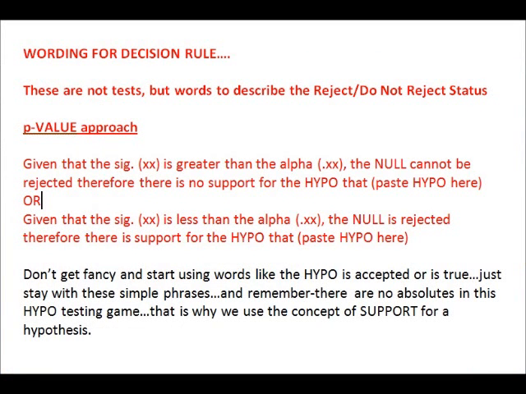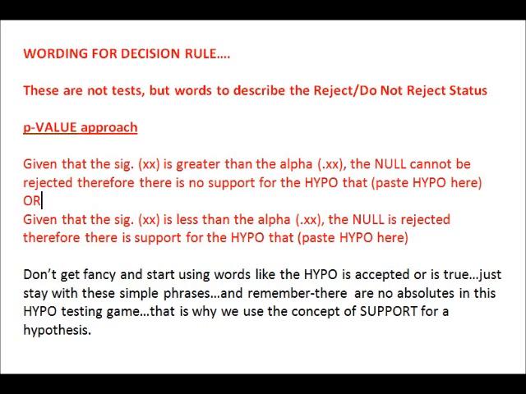The easiest part of hypothesis testing is actually the decision wording. Keep in mind that these aren't tests. These are literally the words to describe whether you're rejecting or not rejecting your null hypothesis. You already have your SPSS output, and you already have your alpha. Most likely your alpha is a .05. So what you're doing is you're comparing the SIG that comes out in the SPSS test to the alpha using